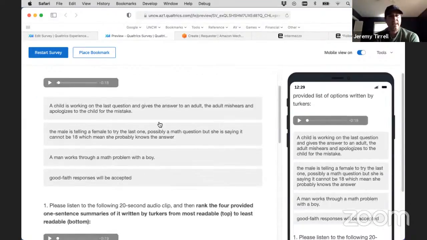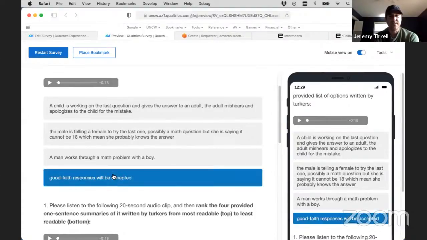And you can see what we get here is these 4 choices. You pick one of them. You can see, right, here we see this is just copy and pasted, right? So this is not good at all. A man works through a math problem with a boy, sure. The male is telling a female,